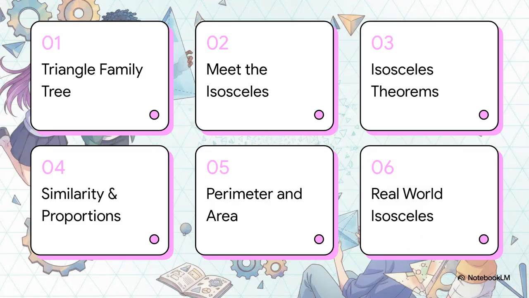Here's a quick roadmap for today's explainer. We'll start with the triangle family tree, then meet the isosceles triangle, dive into its specific theorems, check out similarity and proportionality, calculate perimeter and area, and wrap it all up with how the isosceles shows up in the real